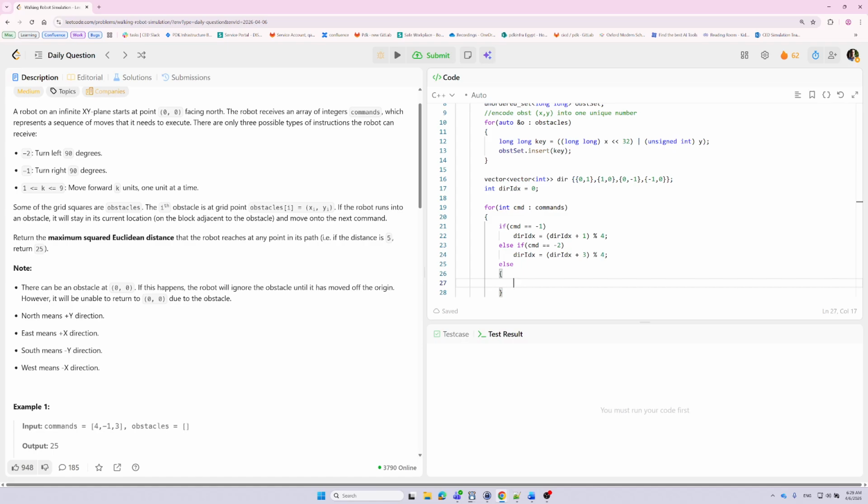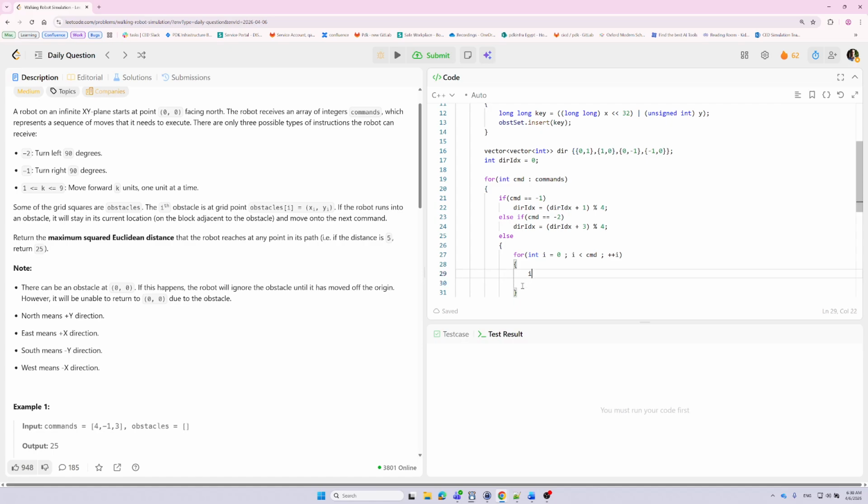Otherwise, we continue moving. So here we need to move k steps. So for int i equals 0, i less than command, plus plus i,